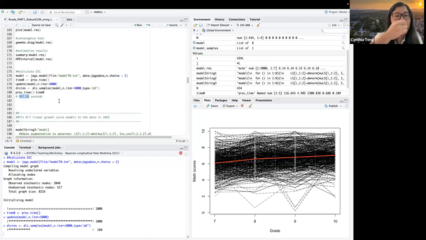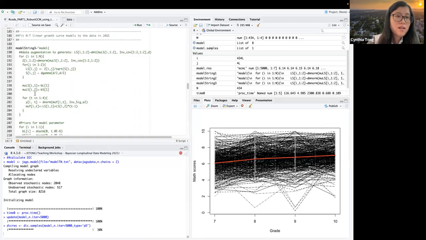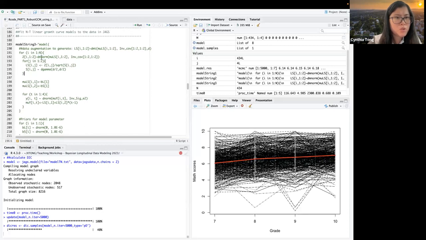So that's just for the TN model. The NT model is like we can just replace the multivariate normal distribution by this multivariate T distribution. I think this should be multivariate T distribution.